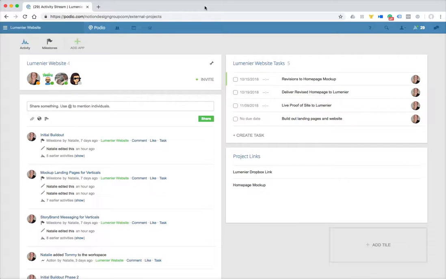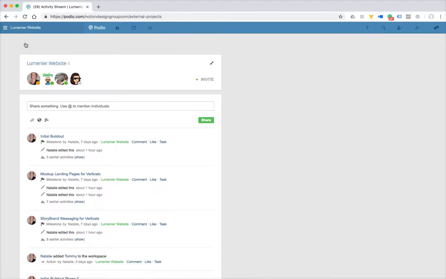I'm going to show you real quickly how to navigate the Lumenier project workspace. When you log in and go into the workspace, this is pretty much the view that you're going to see. The main dashboard here, which you can get to with the activity button, is where we'll do most of our